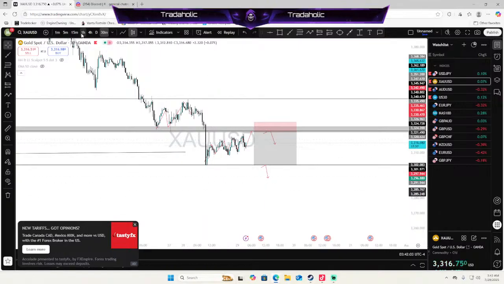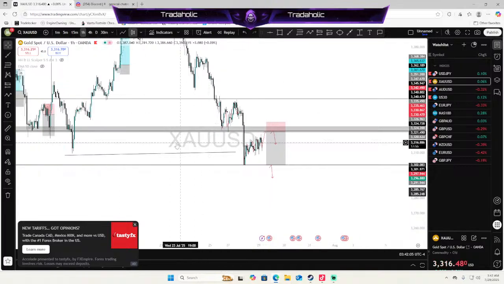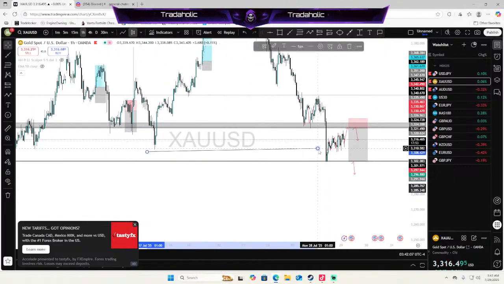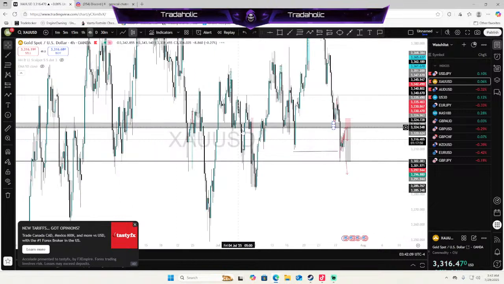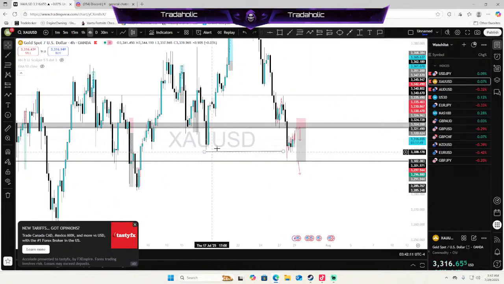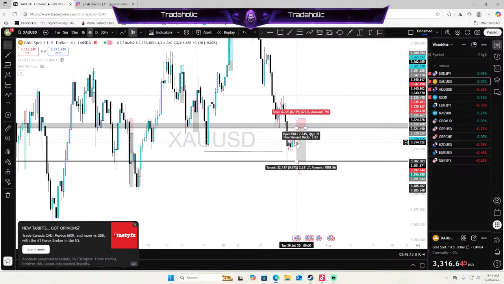Being as though we're overall bearish on the 1 hour time frame, which you see making clear lower lows and lower highs as we took out this low back here. Same thing on the 4 hour time frame, it took out this low. Now I'm anticipating price can give me this break and retest to then trade back down to the bottom of this range.